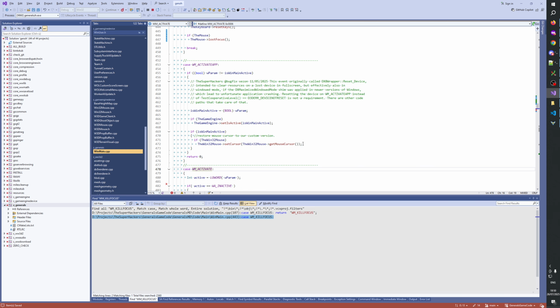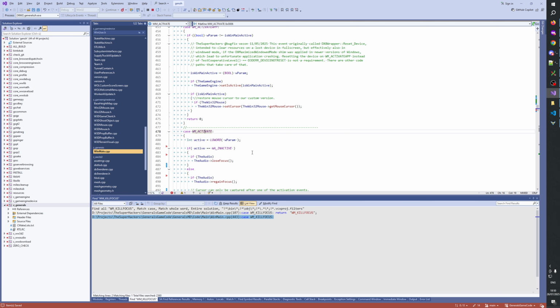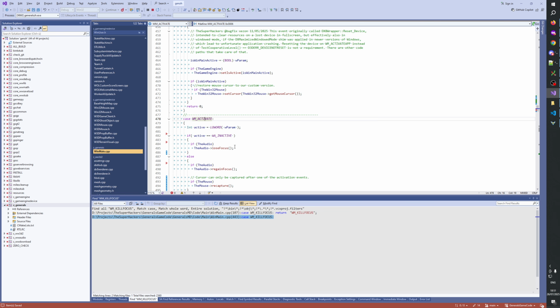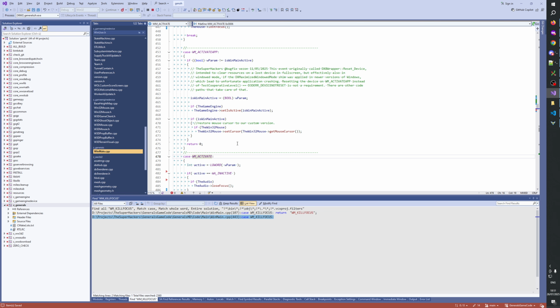It is a bit confusing that we have an activate and we have an activate app. Why? Oh man. Here we return 0 and everywhere else was break. No, here's also return 0.